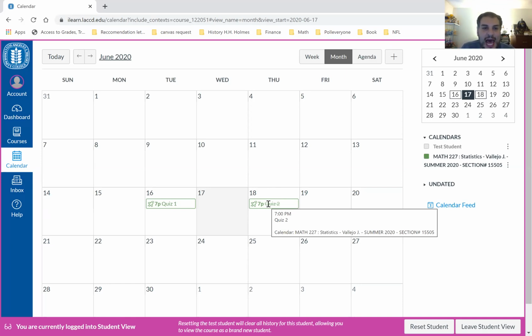If you had trouble with it last quiz, you want to perfect that before quiz number 2. Anytime you want to see what's coming up, just go to the calendar so you can see if there's any quiz, homework, or tests popping up. All right, any question in regard to the calendar? Sweet. If there's no further question, we're going to go ahead and get started with chapter 2, or finish up chapter 2.